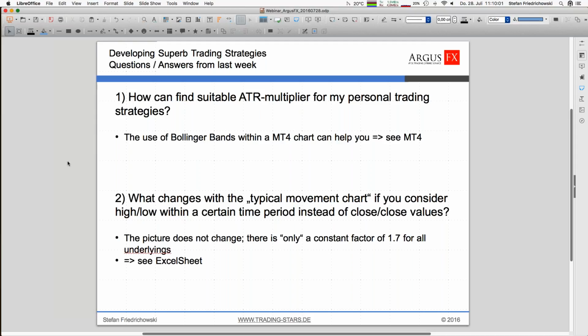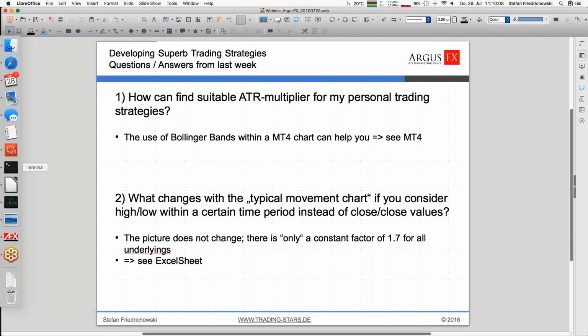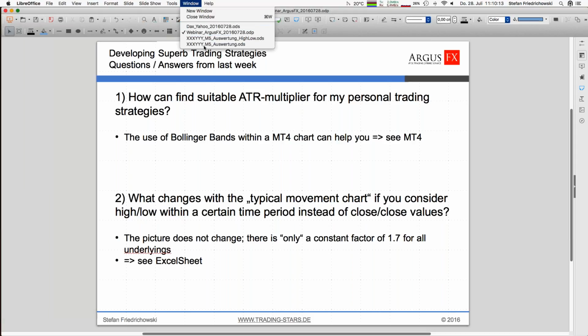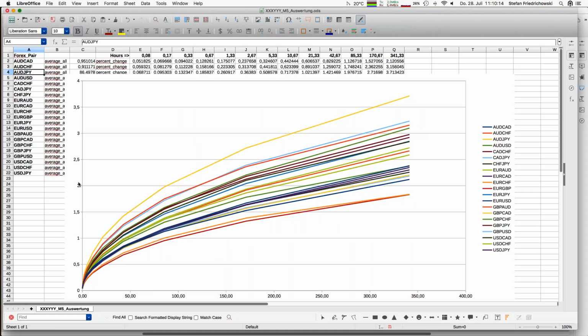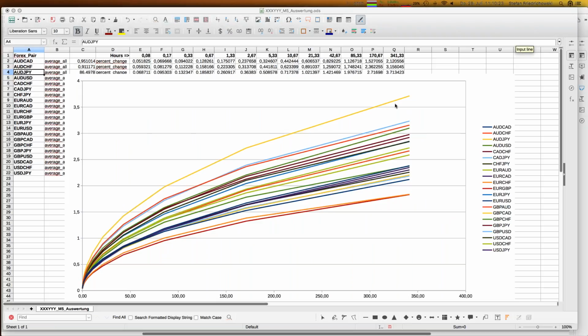And we have seen how the typical movement of a specific underlying would go. And what we have seen was this kind of chart. We saw a more or less square root behavior,